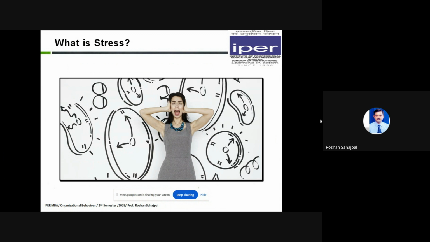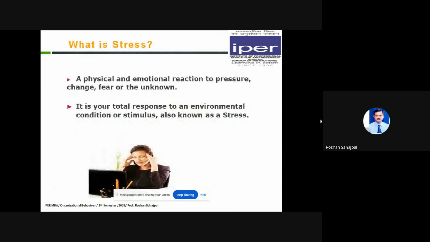Stress. So as you can see from the image, it is a kind of mental pressure that an employee suffers in due course of his or her work in an organizational setup. Now, it is very natural for an employee working in an organization to have stress because there are lots of sources that are responsible for stress. Now, let's see what are these sources and what leads to stress.